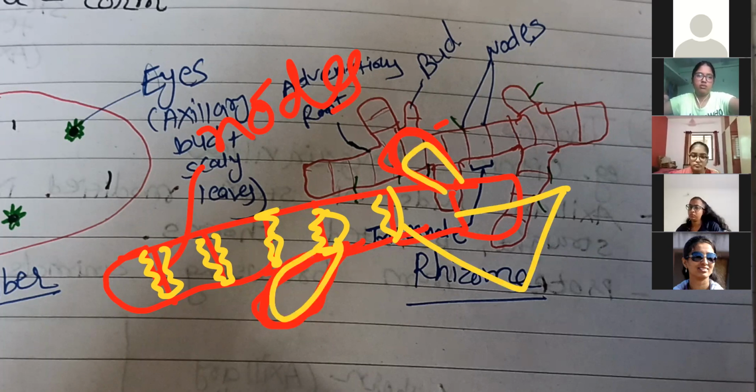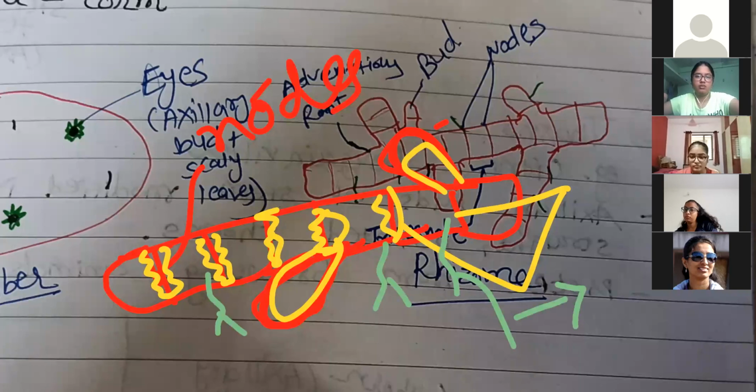Next, on the stem, in some of the ginger, you can observe from this part the root formation, thin thread-like structures on the ginger. Thin thread-like structures arise, that we call roots. Here from the stem, these roots arise other than the radicle. That's why we call it what type of root? Adventitious root.